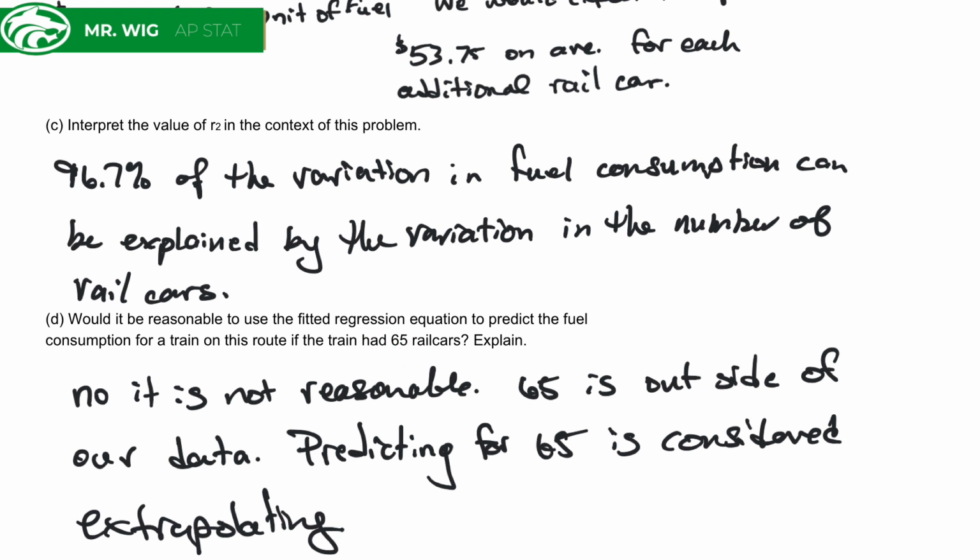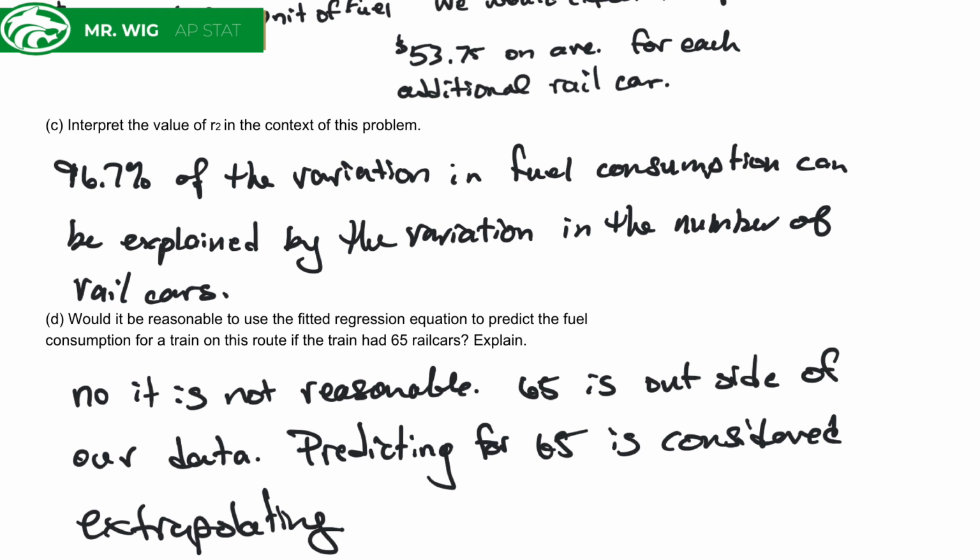Okay, the last part, D, it's asking us to predict for 65. If you go back and look at the original data set, it gives us data all the way up to 50. Right? So up to 50 rail cars, we can talk about a model that predicts it with the slope and the y-intercept. Is it reasonable for me to extend this all the way up to 65 rail cars? And the answer is no. It's not a reasonable endeavor,